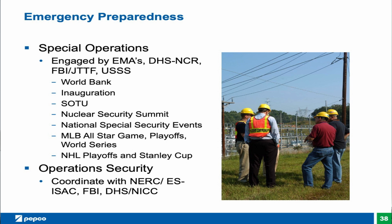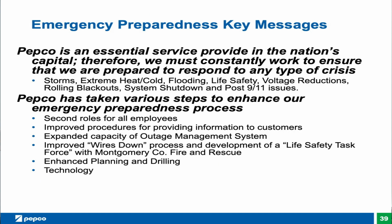We also have Operations Security, which coordinates with the groups that you see listed below. So Pepco does provide an essential service to the nation's capital. Therefore, we must constantly work to ensure that we're prepared to respond to any type of crisis. And those crises could be storms, heat, cold, flooding, life safety, voltage reductions, rolling blackouts, system shutdown, and any post